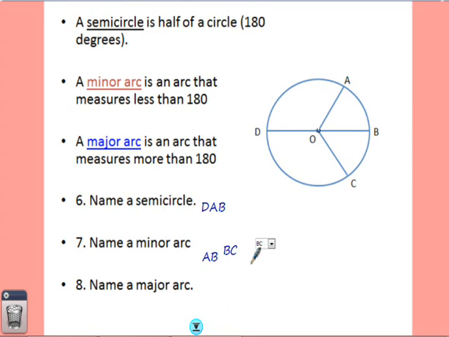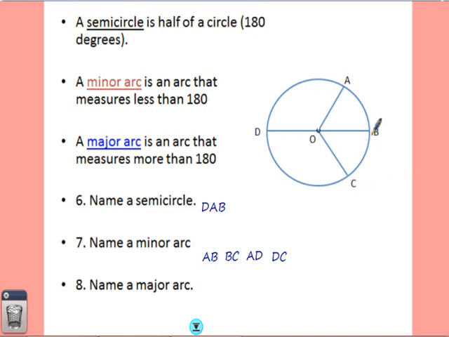AD is a minor arc. And DC is a minor arc. So any of those will work. Those are all minor arcs. And then a major arc. Again, here I'm going to use 3 letters for the major arc so you know which direction I want to